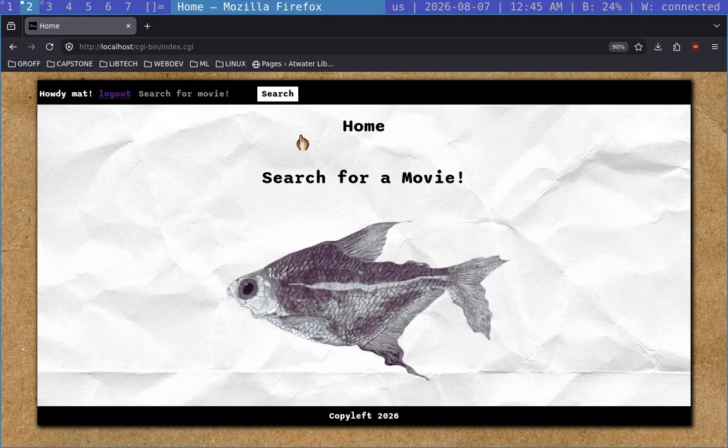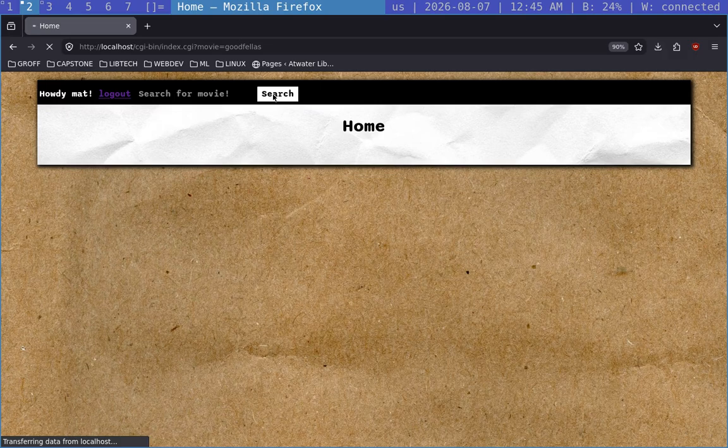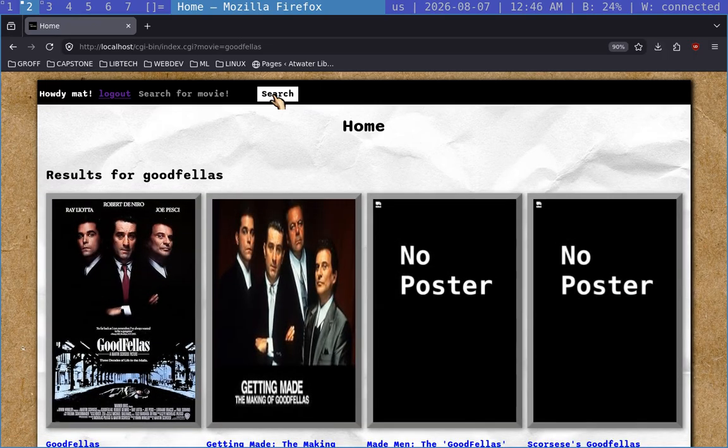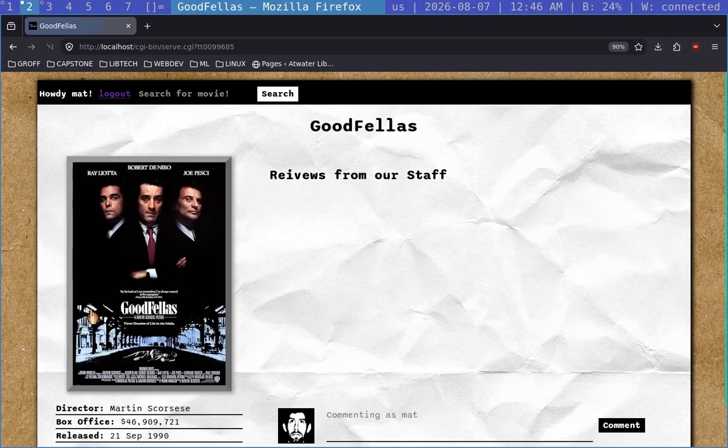So I've just been messing around with some fun CSS stuff. I made a little website that has an API for movies, so really just plugs into IMDb. So, for example, if I search for Goodfellas, it will automatically pull up the movie with the poster and everything, and then if you click on it, you can see it has a little page. It pulls some of the information, like who the director is, the box office, and the release date,